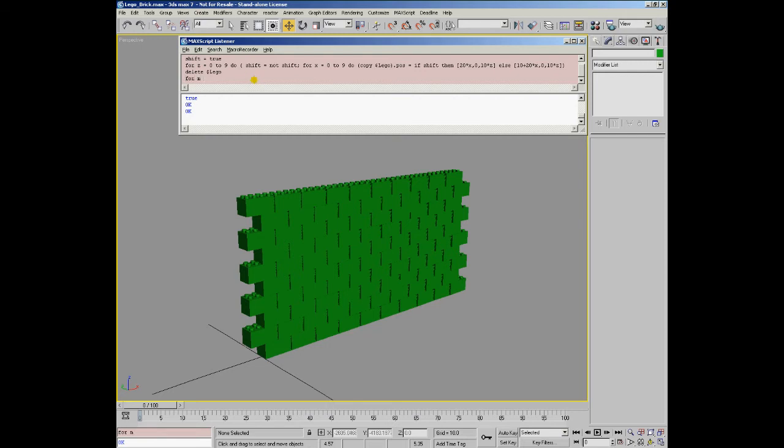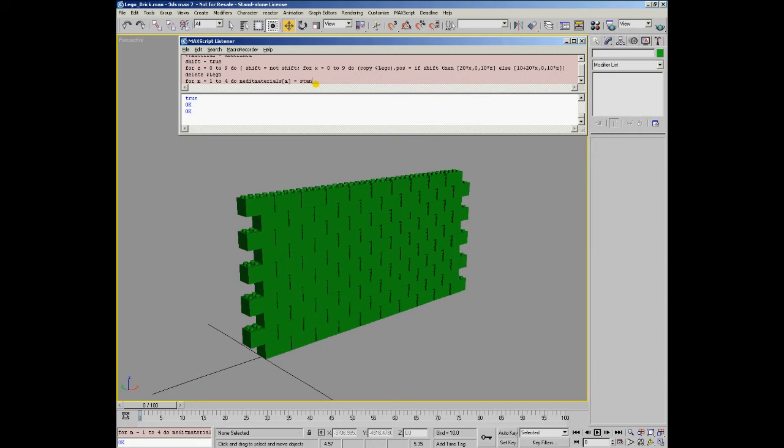In order to assign custom materials to the material editor slots, we're going to count from 1 to the number of new materials we want to create, let's say 4, and assign to the sample slot of the material editor with index m, where m is between 1 and 4,